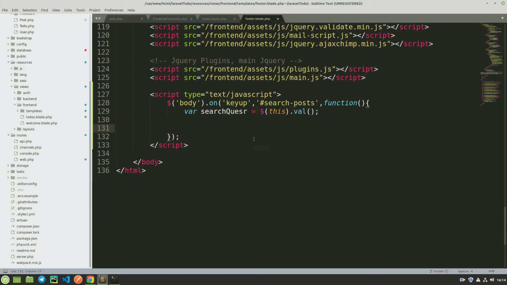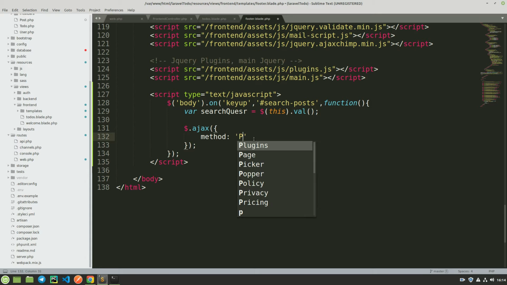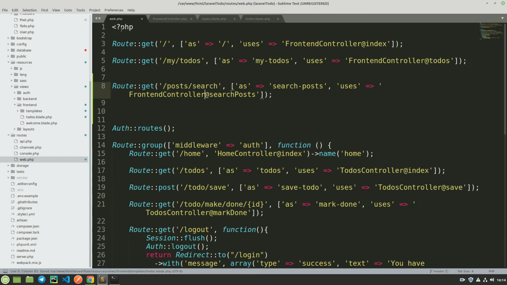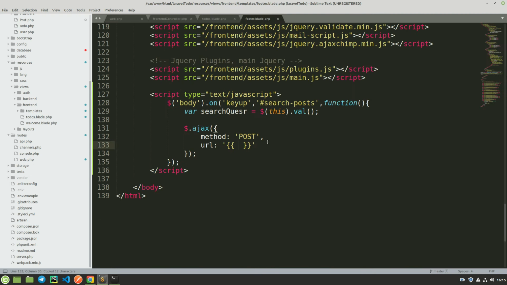So we can just write our AJAX code here. So dot AJAX, and then what do we want to do here? We want to tell it that the method here is going to be post, and then we also need to tell it where it will send this thing. We want this to go to a route that we have created. When you go here, you remember we have this route, search posts, so we want to send it to that particular route. So you can just say route and then add